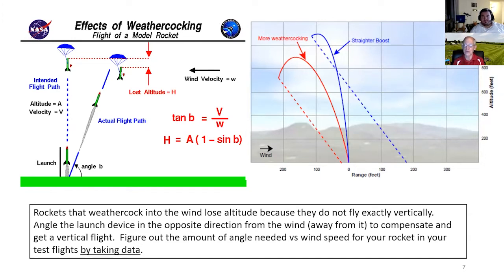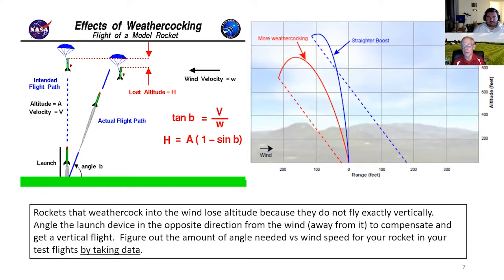This is really hard to teach. It's counterintuitive. You want to angle the launch device into the wind because you don't want to chase the rocket so far, get over it. What you want to do is angle the launch device downwind so that the rocket goes perfectly straight. This is a precision performance event. You have to have the rocket going straight up to get precise, repeatable performance.